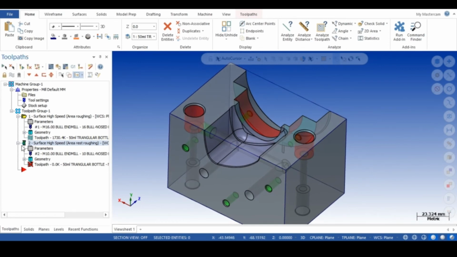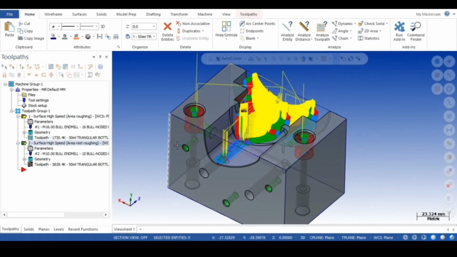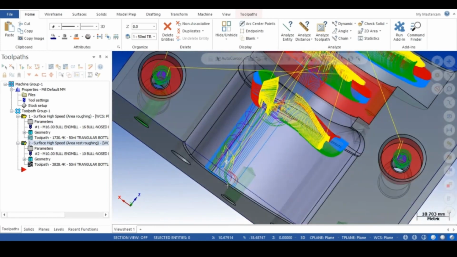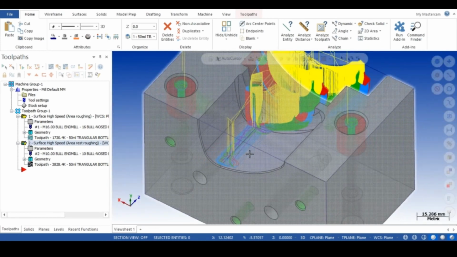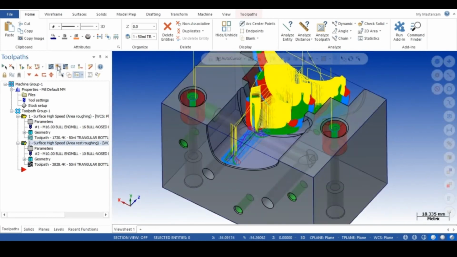When the toolpath shows green, it means that it is being generated. Once it is generated, it is converted in the folder option.